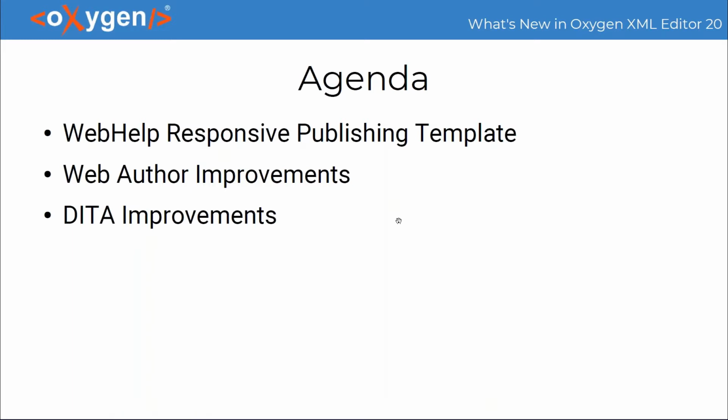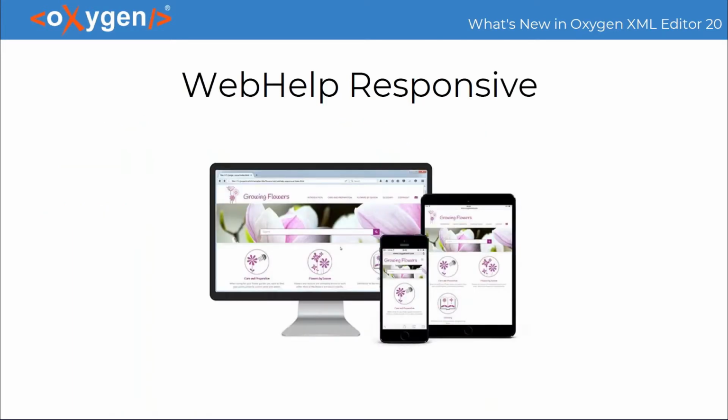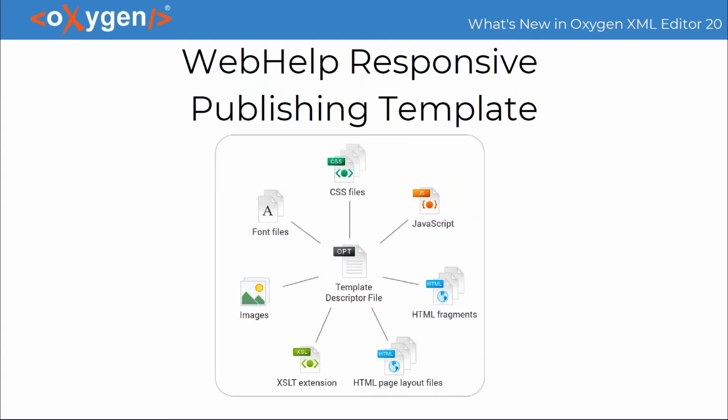So for those of you that don't know, the WebHelp Responsive is an online help system which is able to adapt to any screen size. The WebHelp Responsive publishing template is a package that contains a descriptor file and various other resources that together they define all aspects of layout and style for the WebHelp Responsive output. Oxygen comes with quite a few